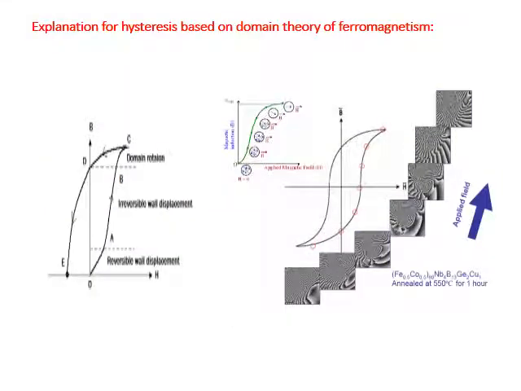So we can understand this hysteresis curve of a ferromagnetic material based on the domain theory of ferromagnetism. In the magnetization curve of a hysteresis curve, you can divide this into 3 regions. First is reversible wall displacement, second is irreversible wall displacement, and third is rotation of domains. During the application of a small magnetic field intensity, the dipoles orient slightly with respect to the applied field, and a small number of dipoles are oriented in the direction of the applied magnetic field. Then there will be a small increase in the domain.